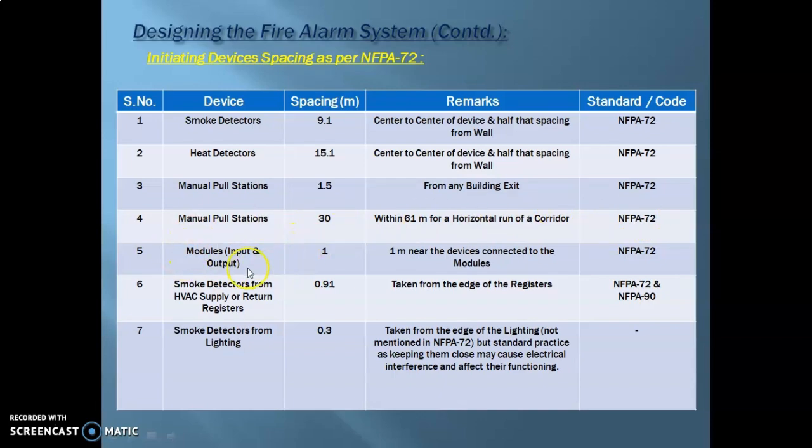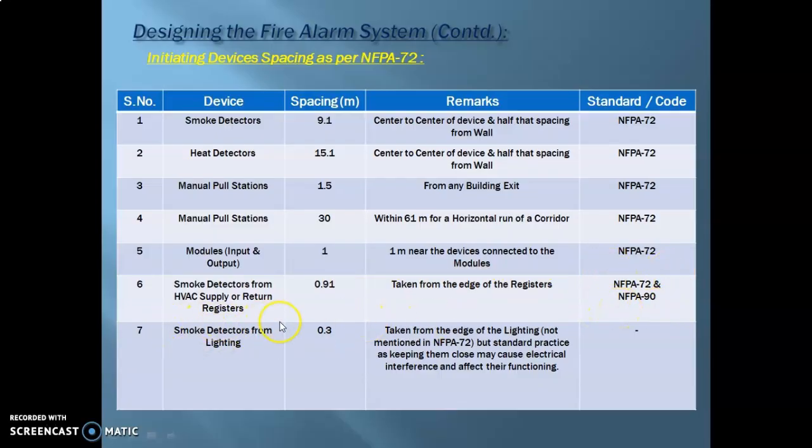And then of course you have the input and output modules, which need to be at least 1 meter near the devices that they are going to be connected to in order to get a proper connection. Then of course the spacing of smoke detectors and heat detectors from HVAC supply and return registers is 910 mm, which is 0.91 meters, taken from the edge of the registers, and this can be found in both NFPA 72 and NFPA 90.